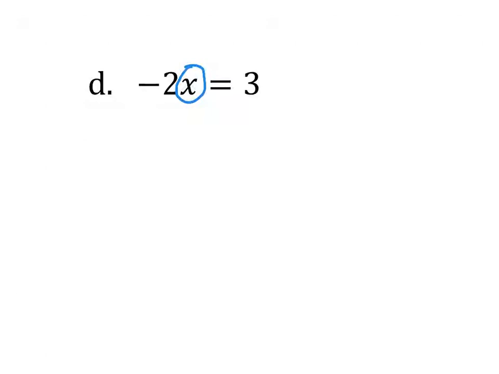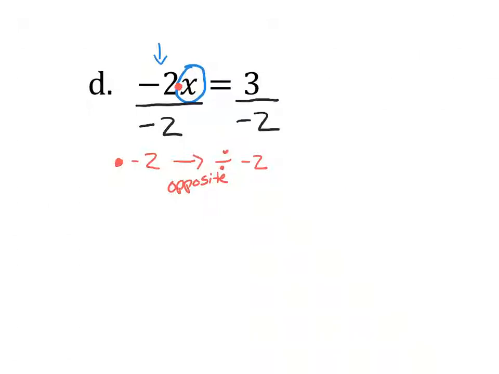Multiplication by? By -2, yeah. So you got to be careful. This is not a -2. We're not subtracting 2. This is -2 times x. So if we're multiplying by -2, how do you undo that? Yeah, division. So we would divide by -2. So both sides get divided by -2. And -2 divided by -2 is 1, which will just leave us with our x